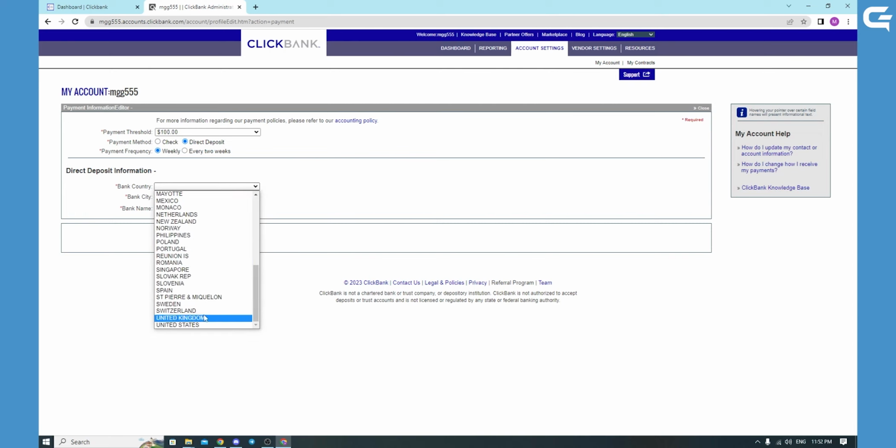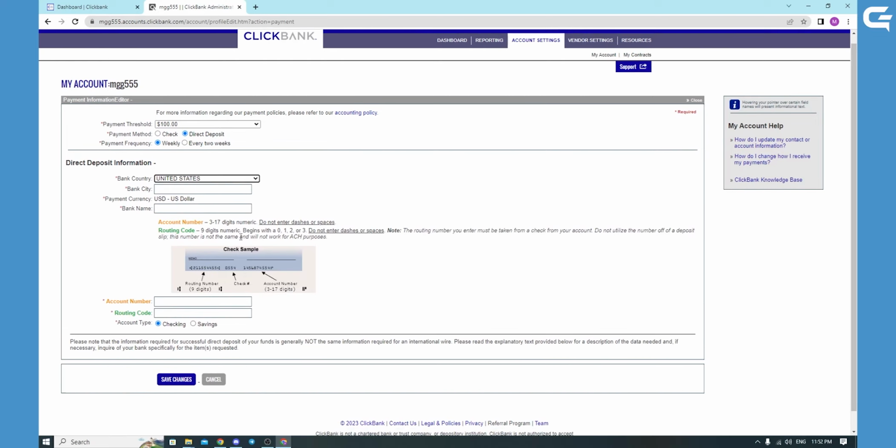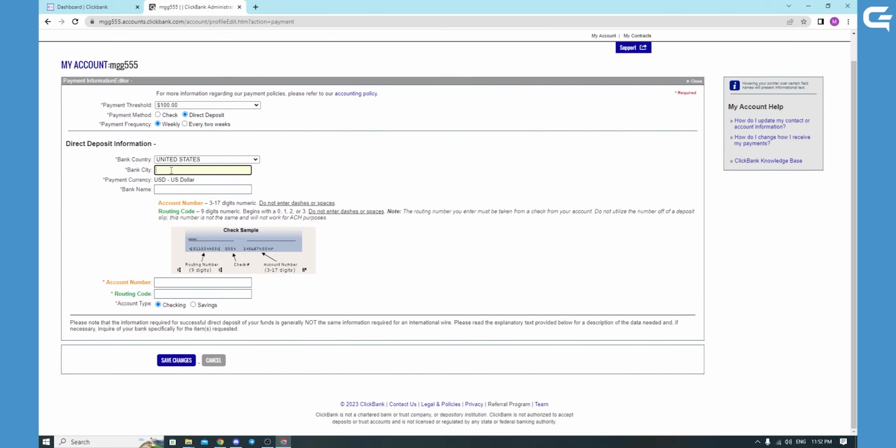you will go to United States, for example, you will press the bank city which you have an account on a Payoneer, like Washington or some Boston, some city from which your bank is. You will put the name of the bank, you will put the account number that you have in that bank and the routing code. And when everything is set, when everything is done, you will save the changes